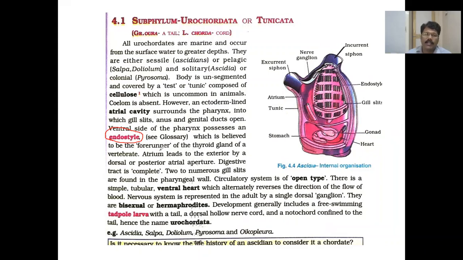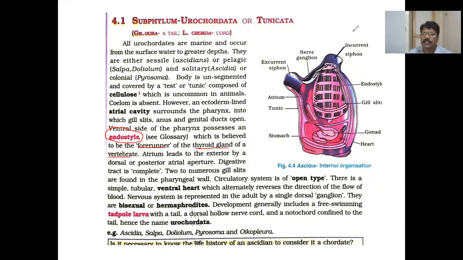Endostyle is a preliminary form of the thyroid gland. That means later this endostyle is converted or modified into thyroid glands in case of vertebrates. So endostyle is present in the pharynx region. And the atrium leads to the exterior by the atrial aperture. So this is the